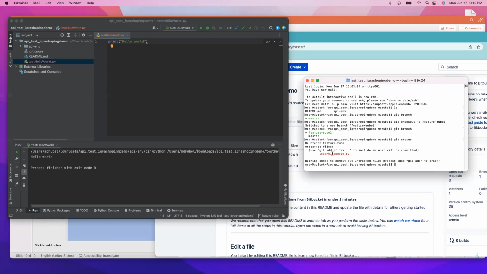It's been created, right? So now we have to add. You see this, it is in red and it is under untracked files. It's not tracked, so we have to make it tracked. And how can you do that? We have to say git add. We can put a dot, or we can enter the file name. So dot will include all the files, like if you have 100 files, it will include everything. But if you want to include only this file, we can say git add, and